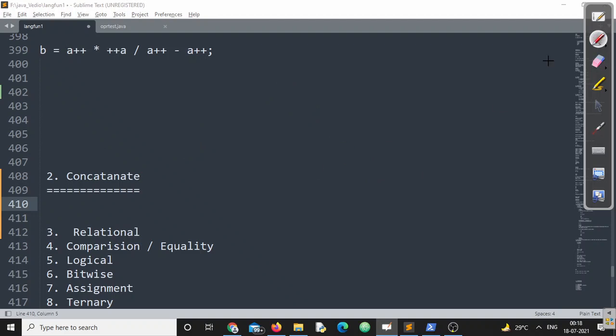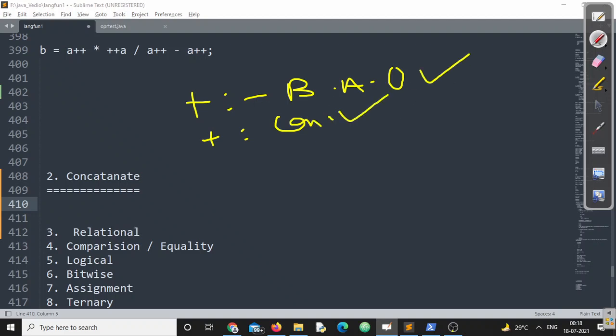Listen very carefully to this. If I say plus is a binary addition operator, and I can also say plus is a concatenation operator, in both these cases these are valid, depending upon the type of operand I am giving to this plus operator.